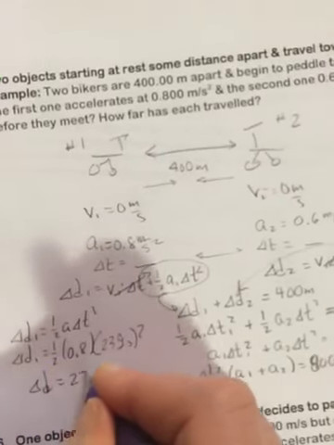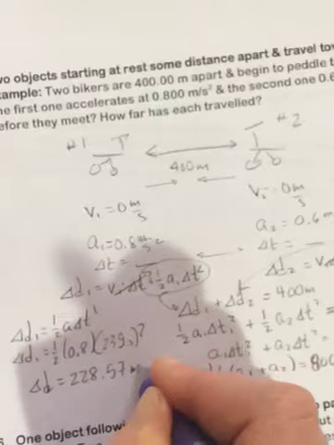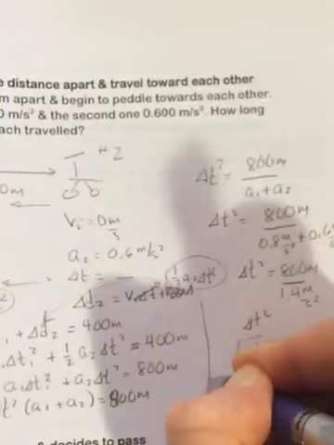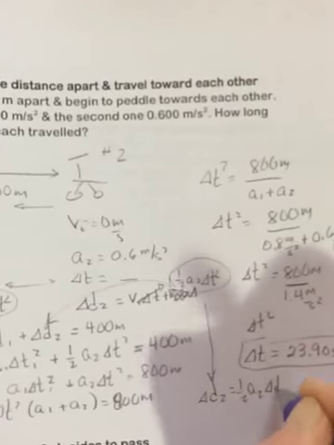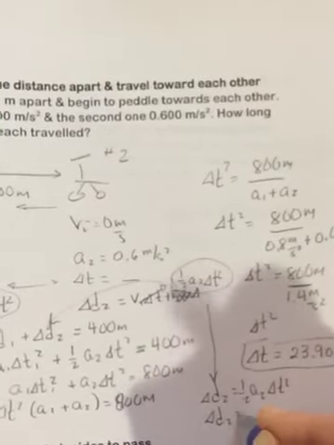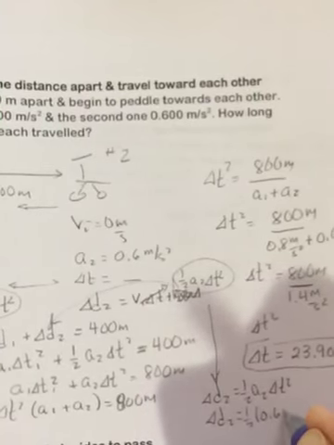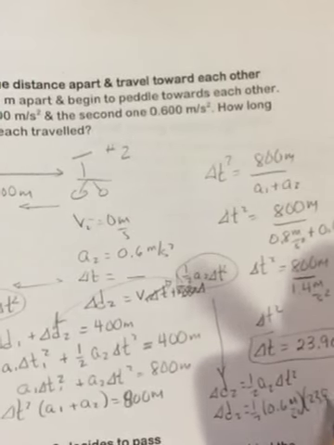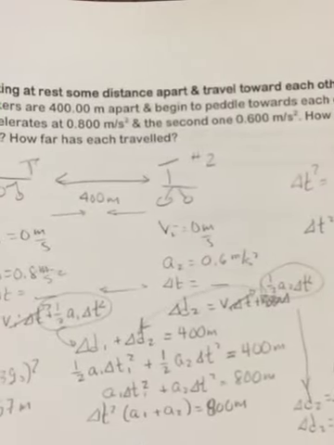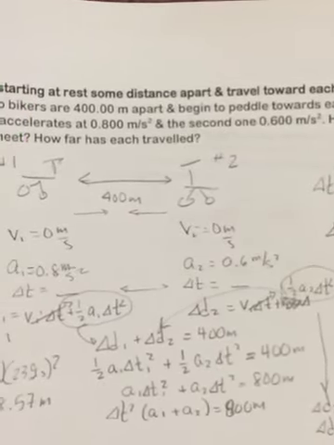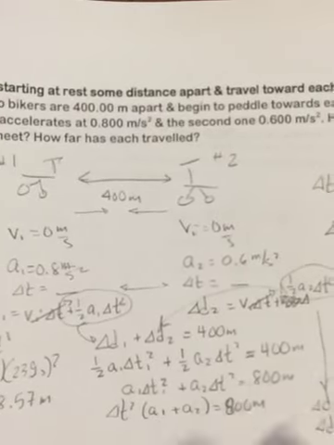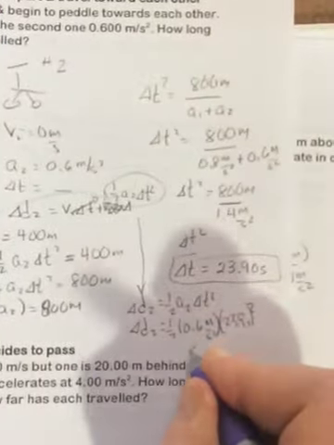So you get 228.57 meters for D1. Then you go over here and do the same thing for D2. So delta D2 will equal 1/2 A2 T squared. So delta D2 will equal 1/2 0.6 meters per second squared times that 23.9 seconds squared. So that's going to be your time squared times 0.3, half of 0.6, and you end up getting